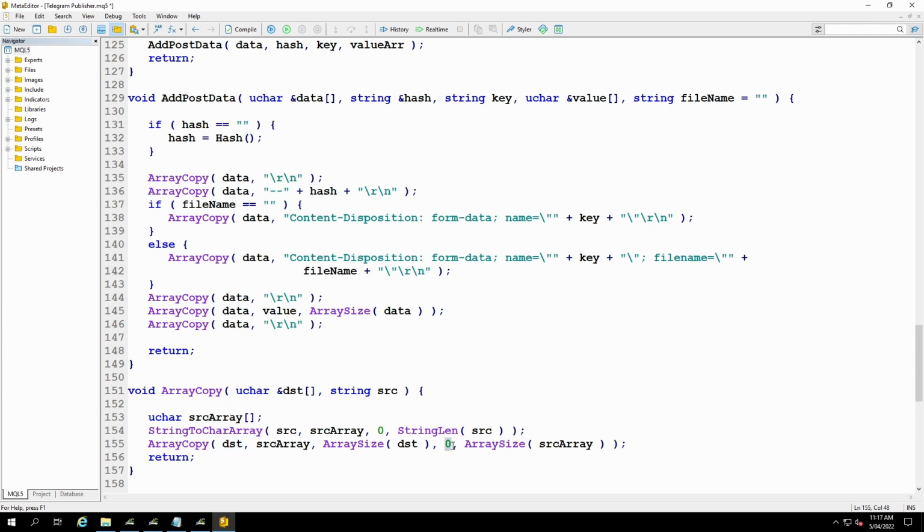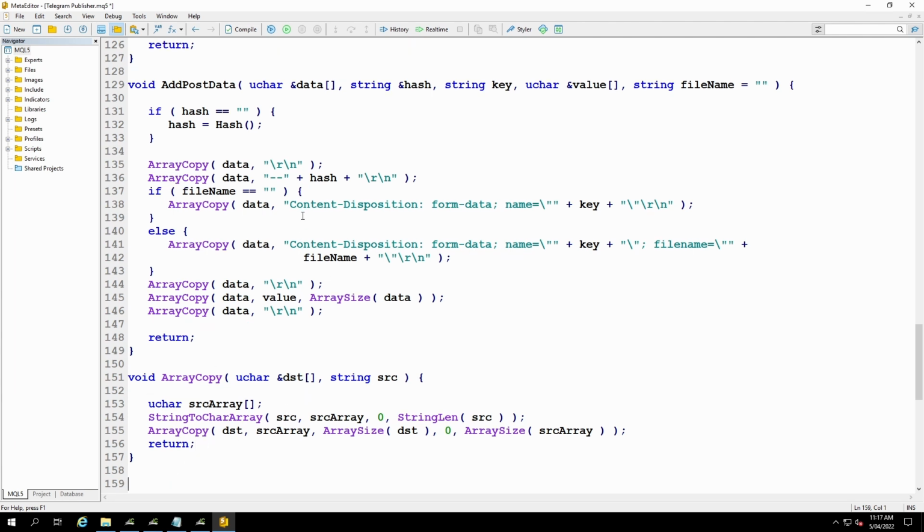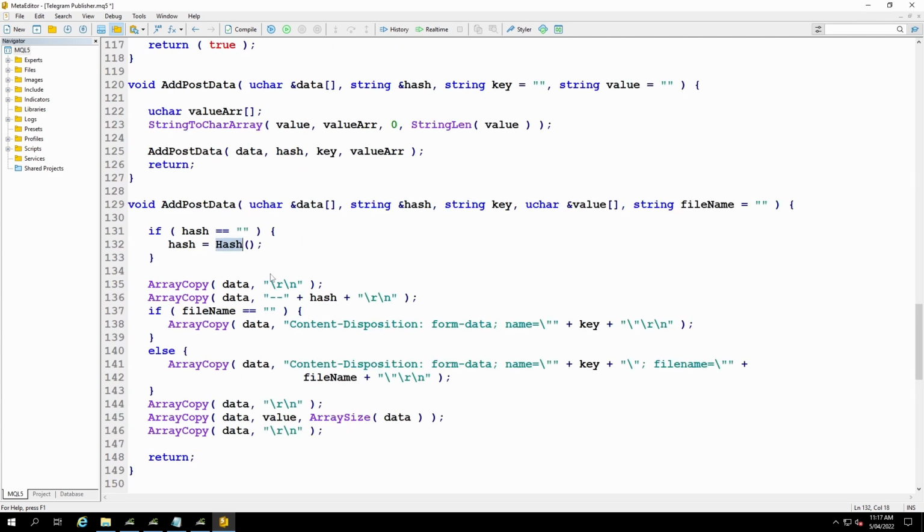And then this 0 says that I want to begin from position 0 of that source array, and then I want to copy the entire array, so array size of the source array. So that simply appends source, after it's been converted to a uchar array, onto the end of the destination, and then I return. And now that hash function, which we called here,